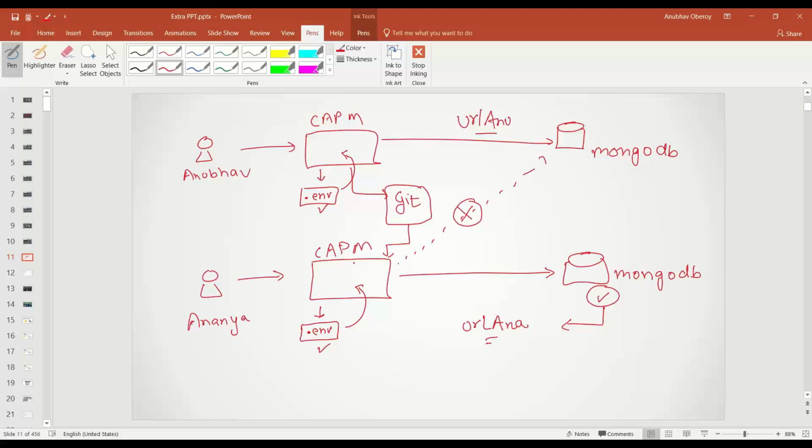So this is how both developers have their own version of the .env file on their local machine, and from there we can use the URL directly. We don't have to hard code the URL at app level, and each developer has their own version of the environment file. This can be used for multiple purposes, but in this case we are using it for database configuration. So I've already done that. Let me switch it over.